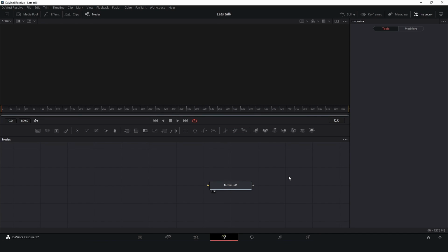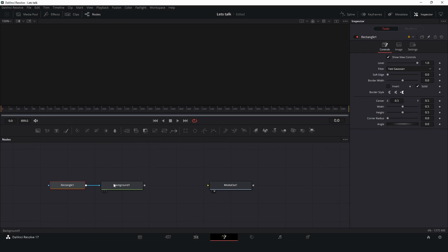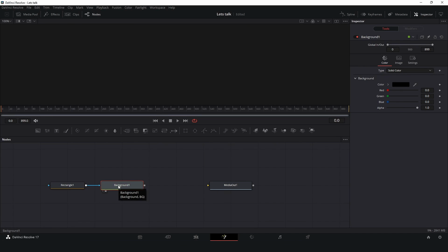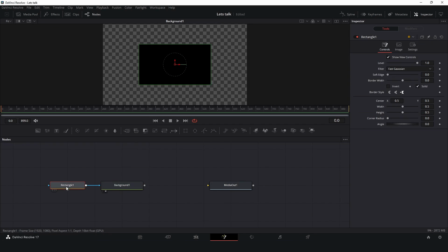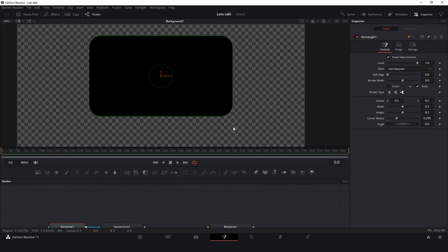Okay, so now we are here in Fusion, so let's start. So first I need to do, I will add a background node and I will add a rectangle. So we connect the rectangle here, let's press 2 and let's start. For this rectangle, just change the corner radius to something like this and okay, so this is done. Maybe